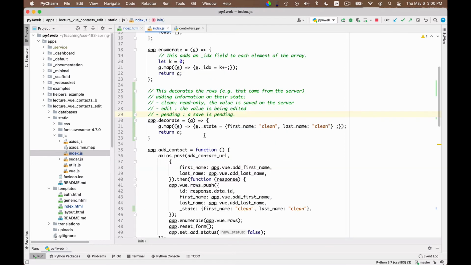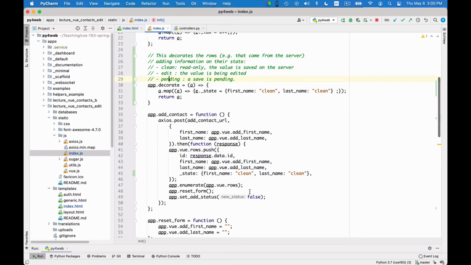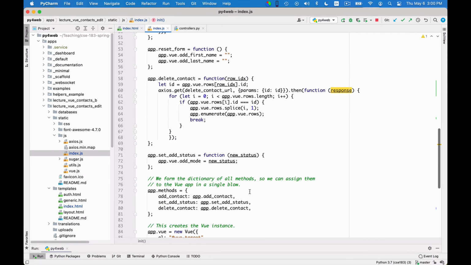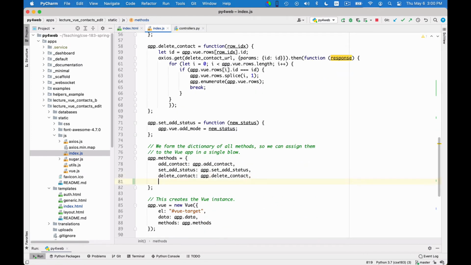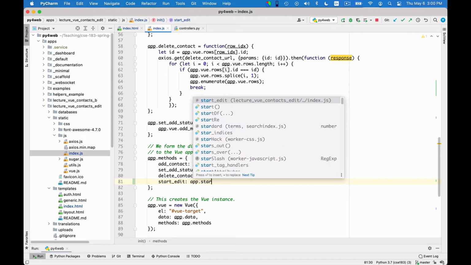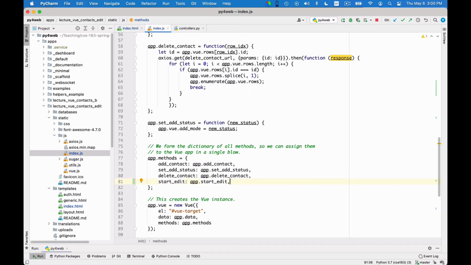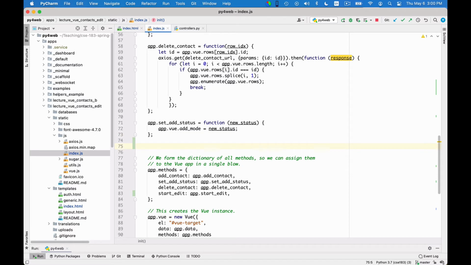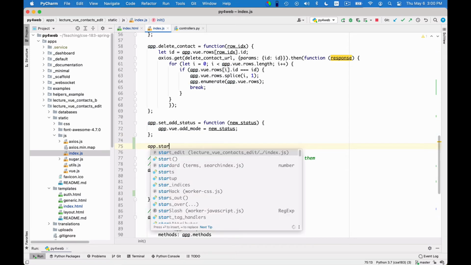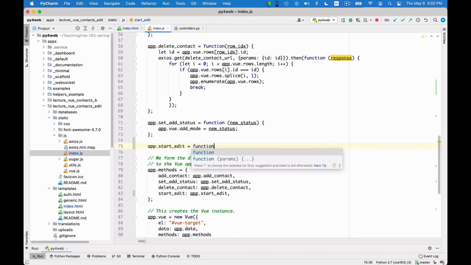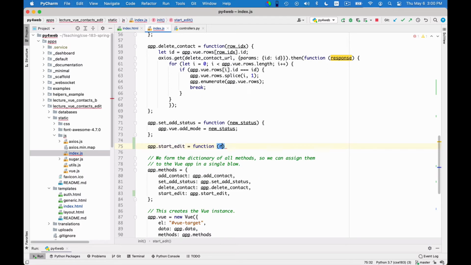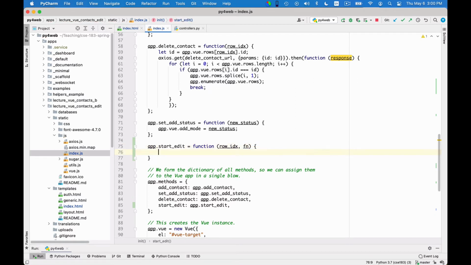So I go into index.js and I look at the methods. Where are they? Here. And I add start edit, app.startEdit. And then I need to write this start edit method. And so what does it do? App.startEdit is equal to a function that takes the row index and the field name. And what does it do with them? Well, it says that